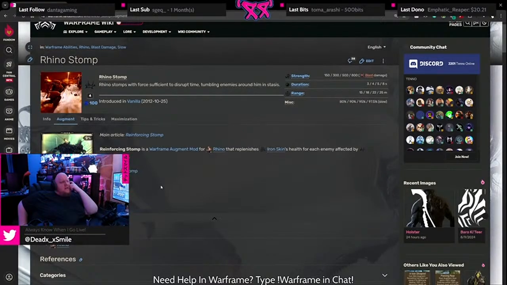Most of what I see in level cap, Steel Path, Void Cascade is usually a decent bit of Revenants and then also Titanias for getting between places fast, which is heavily needed a lot of times. I don't remember seeing much Rhino in it. No, it's not. Again, it's not to say you can't do it, but